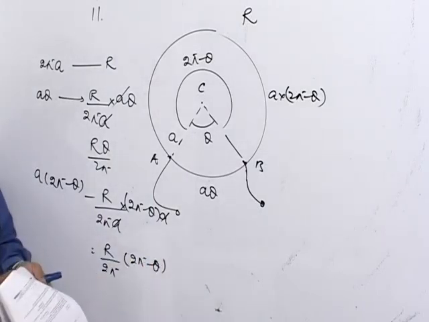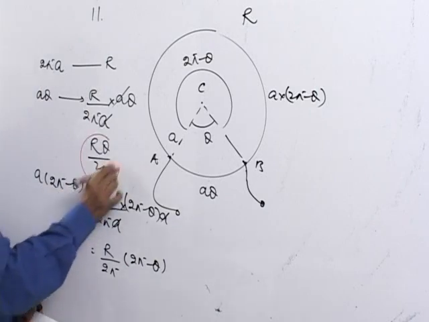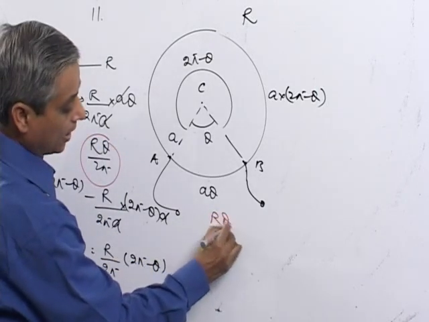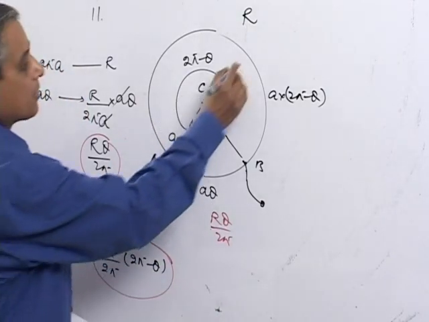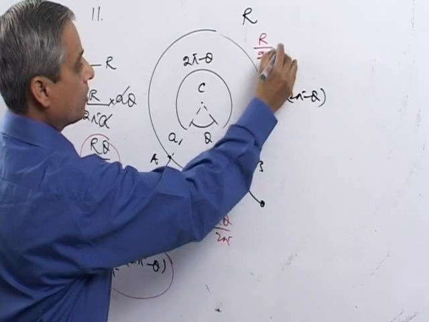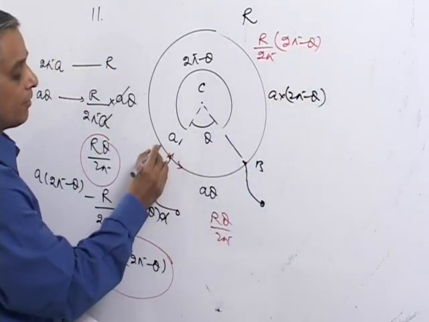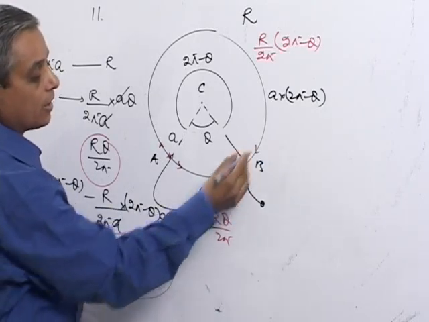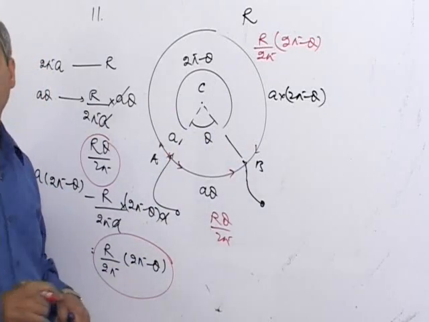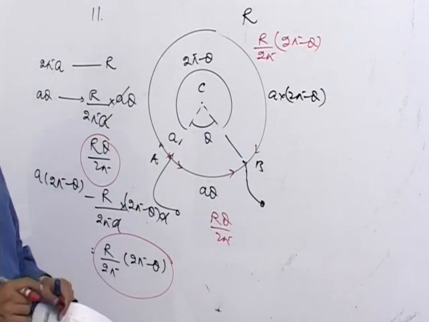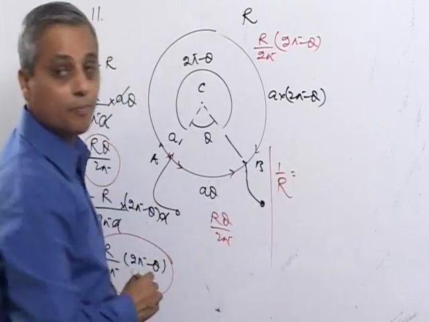Now we have two resistances. The resistance of the lower part is R theta by 2 pi, and the resistance of the upper part becomes R by 2 pi times 2 pi minus theta. And you understand, here the current will divide into two parts and that will recombine here. Therefore, these two parts are actually parallel, and for parallel combination, the equivalent resistance